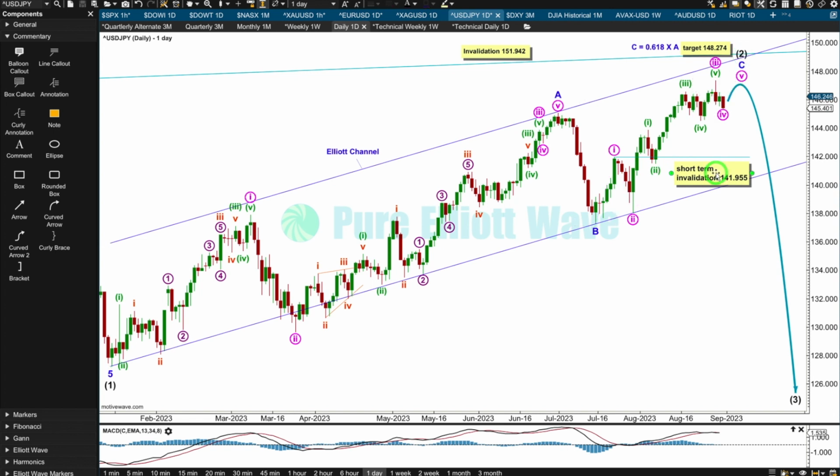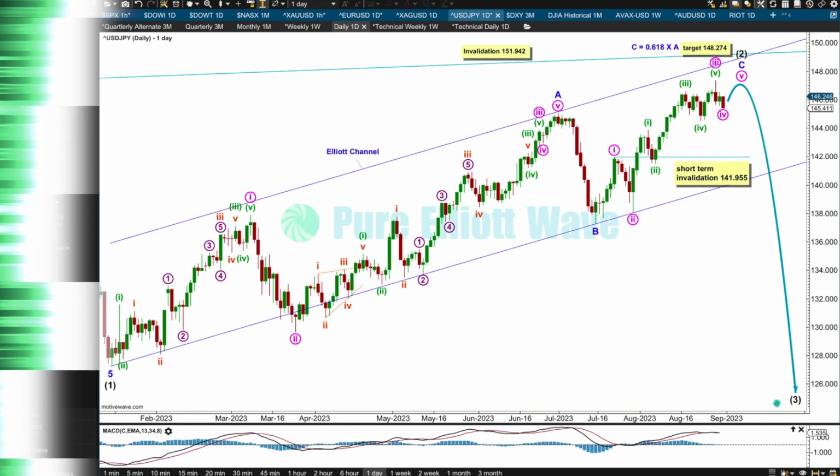So that's our first indication we could have had a big trend change. The next indication would be a breach of this channel. I've drawn it from the start of A to the end of B with a parallel copy on the end of A. If we see a full daily candlestick below and not touching that trend channel of downward movement, a red candlestick, I would then have a lot of confidence that this upward trend is over and the next downward move would be underway. And for this wave count, the next downward move is expected to be a third wave